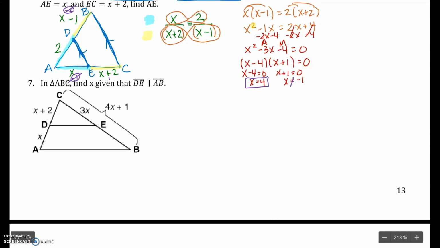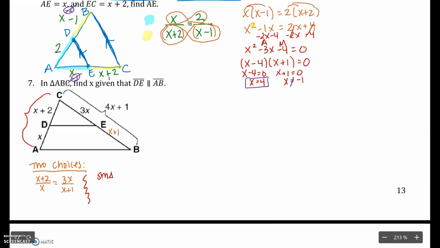We're going to set up a proportion, but now if you look on this side we have the two pieces, and on the other side we have one of the pieces in the whole. So we have two choices of how we want to do this. Okay, we can try to split the side, or we could do small over large. If I were to split the side, I need to figure out what EB equals. So I'm going to take my 4x plus 1 and subtract 3x and get me an x plus 1. And then I could take the side splitter theorem and just say the top over the bottom equals the top over the bottom. And I could solve it that way. Or